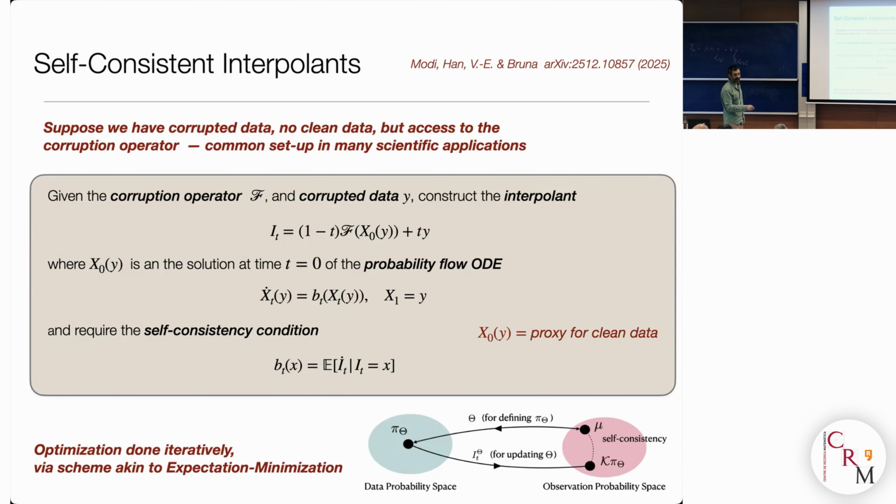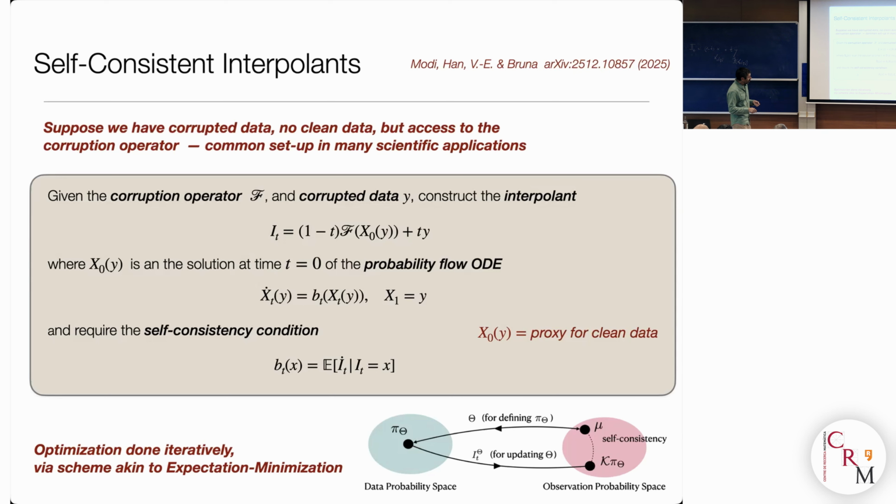And then you close the loop, which is to say, what is that? This is a solution of this. And what is this? Well, that should be the conditional expectation of that. Okay? And that gives you consistent simulation, which is, we can prove, I don't show the term, that if they are satisfied, then that means that this is the map that cleans your data.